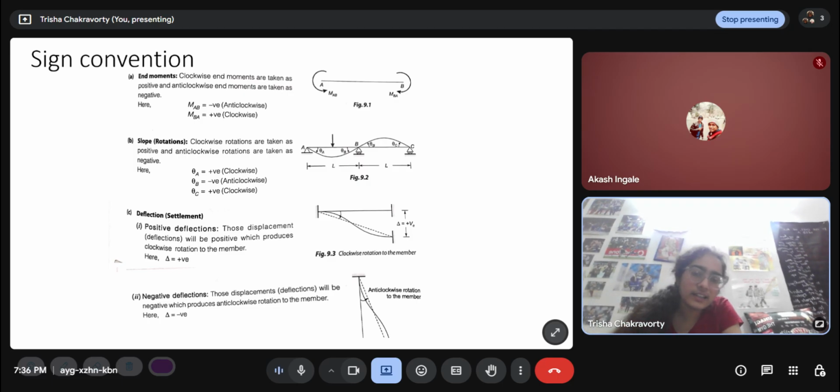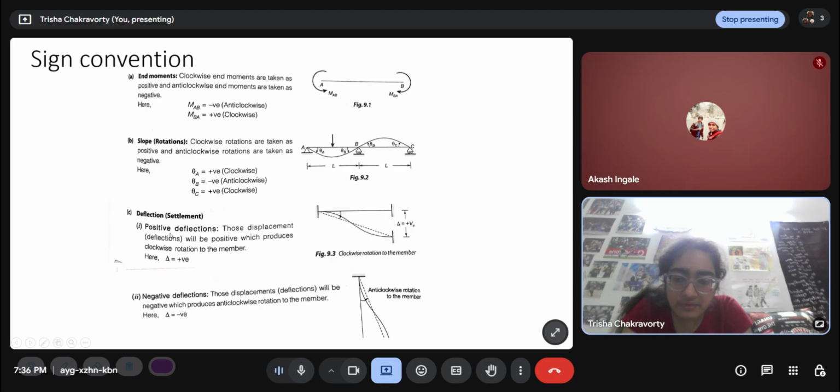You can just see that it was originally like this. It became this. So this is a clockwise sense. This is a clockwise moment. And B did this, so this is an anti-clockwise moment, and C again is a clockwise moment. So I still do this when I'm solving a problem. When I'm seeing anything, I use my hands to rotate and see what is happening. I don't know if you might see and immediately imagine, but it's a safe way to confirm.